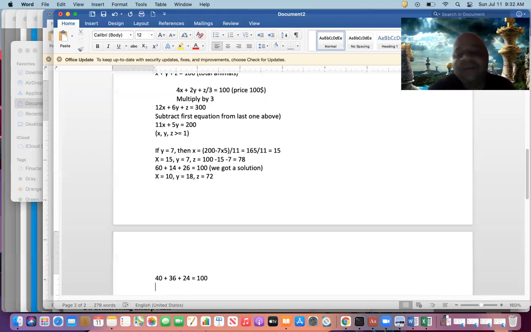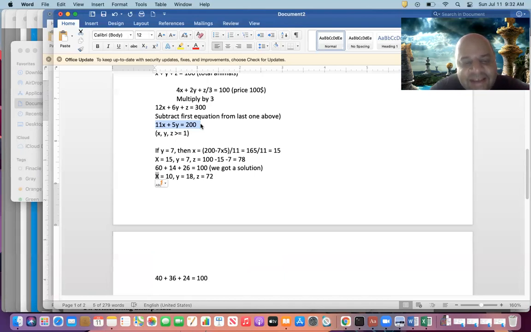Yes, sir. Cool. So yeah, there is one more solution possible. I don't know whether a third solution is possible. Maybe someone can try out more combinations and see if any other number works. It is easy to try out because it doesn't take much for you to try out these things. 11x plus 5y, right, is equal to 200. Correct. So there may also be another solution. What if x is equal to 5?